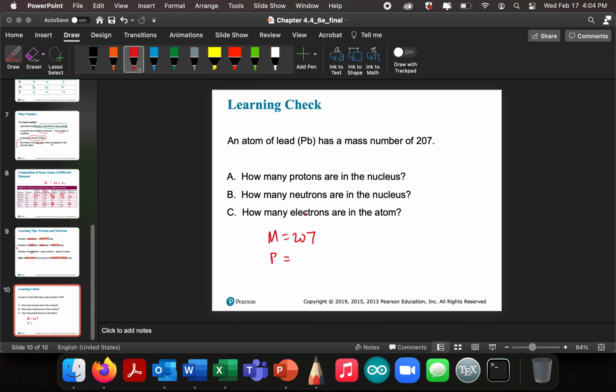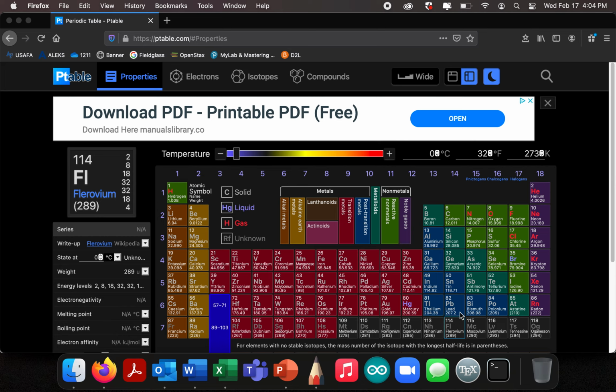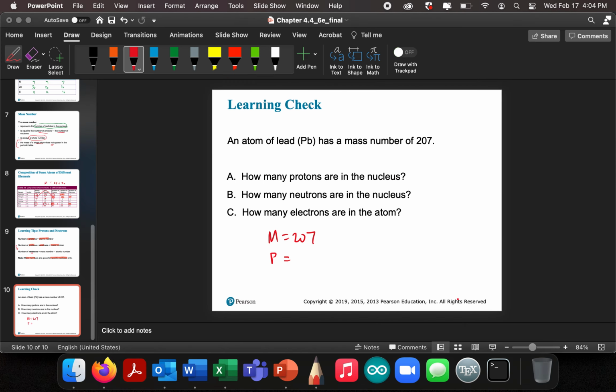The mass number is 207. The number of protons is, this is lead, 82. We know that the protons plus the neutrons is equal to the mass number, so 82 plus N is equal to 207. You see what's going on here? 207 minus 82,